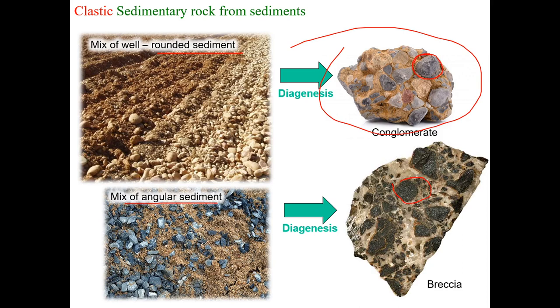A common thing I will do on the test is show you pictures and ask you, is this a conglomerate? Is it a breccia? What kind of rock is it? So you need to be able to identify these rocks, and it's not a bad idea to go on Google Images and put in conglomerate rock, breccia rock, sandstone rock, and just get an idea of what they